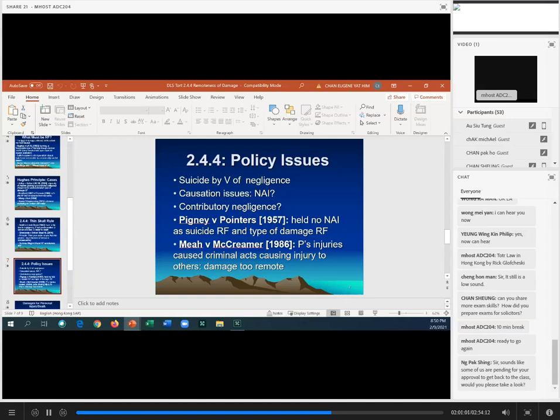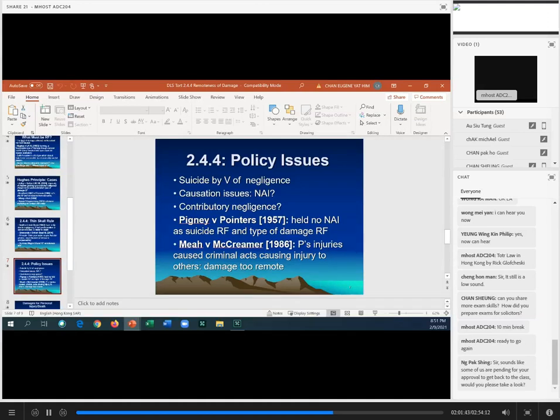Again, it just illustrates the policy issues here. The courts are very much more lenient now where the victim commits suicide, because medical science 100 years ago was not very well developed when it comes to psychiatric illness or mental illness. The courts are very much aware that suicide is in the area of mental illness, and so they're much more sympathetic now because of the advances in medical science, which recognize mental illness as being just as serious as physical injury.